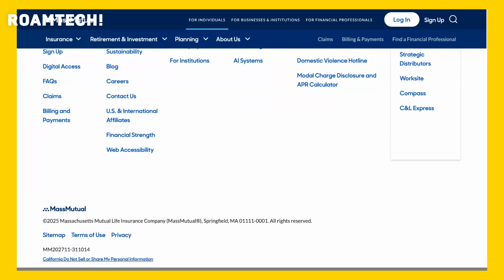The MassMutual Retirement Savings Calculator is not just a one-time tool. It's designed to be revisited and adjusted as your life changes. As your income increases, you can update the calculator to reflect your new financial situation and ensure your savings plan remains aligned with your goals. Similarly, if your retirement goals evolve, you can modify your inputs to recalculate your projected savings and make necessary adjustments